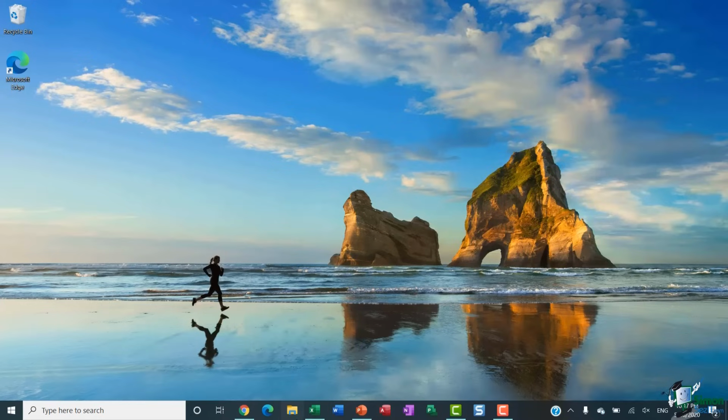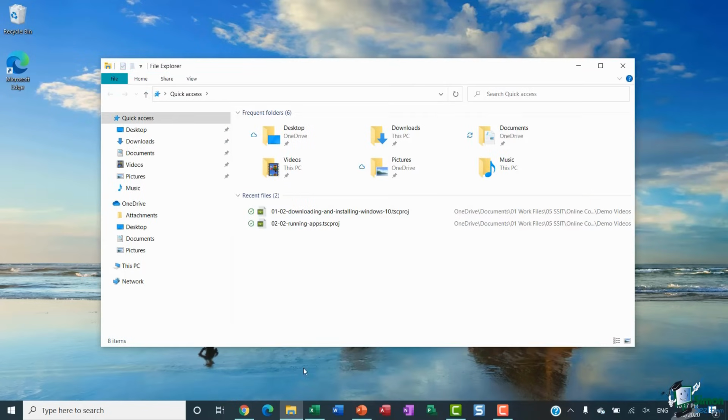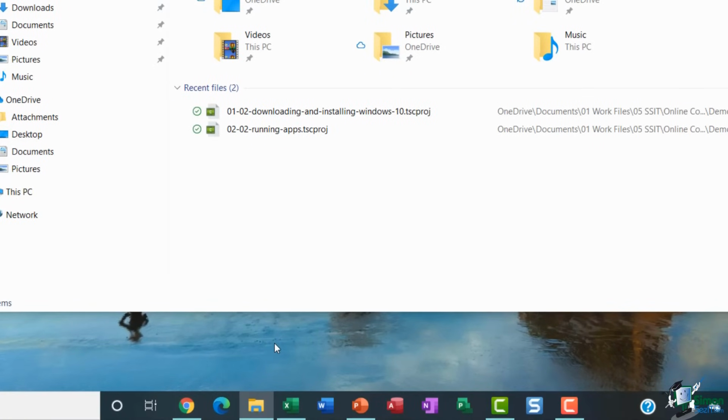So you can see there, I'm dragging File Explorer along, and I'm going to put it there after my web browsers. Now, if I click to open File Explorer, you'll see that some of my icons have a blue line underneath them. So you can see Google Chrome, File Explorer, Excel, and then a couple of the icons towards the end of my taskbar. Now, all that basically means is that that application is running, so it's open somewhere on